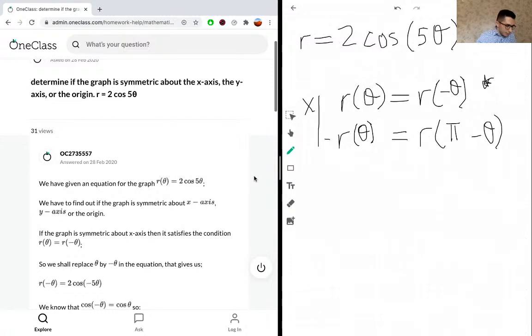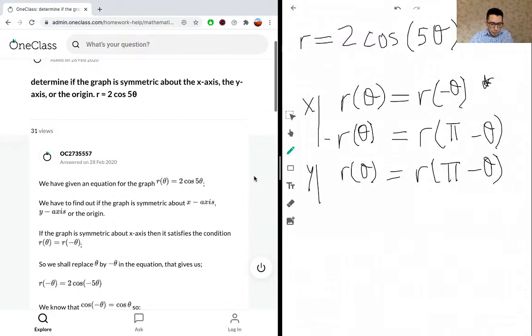For symmetry on y, we would substitute pi minus theta. So here we have r theta has to be equal to r pi minus theta. If we substitute pi minus theta into the equation, these two have to be equivalent for us to get y-axis symmetry. The other scenario, where one of these two equations has to be true for symmetry on the y-axis, is negative r theta equal to r negative theta. So this is the other equation that we can use to test. And then finally,